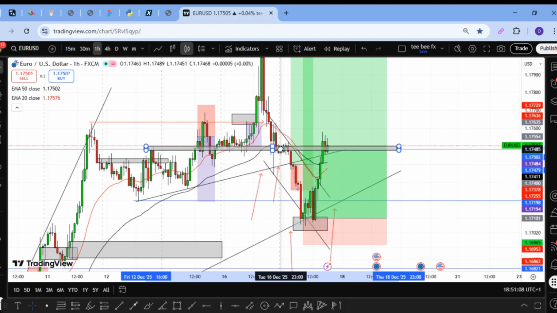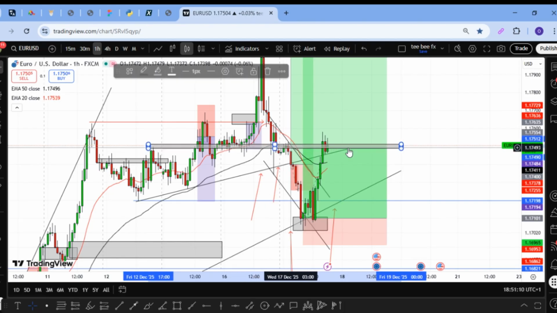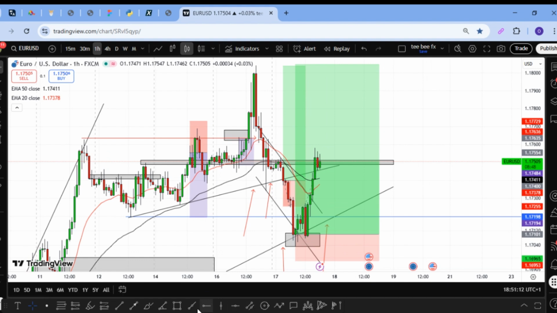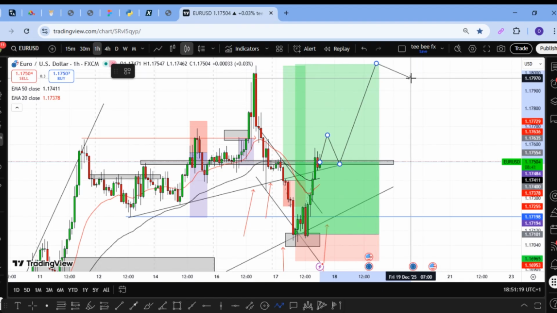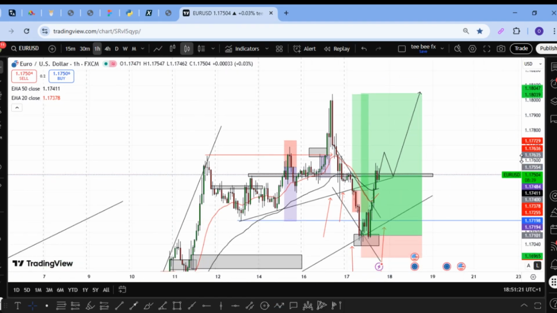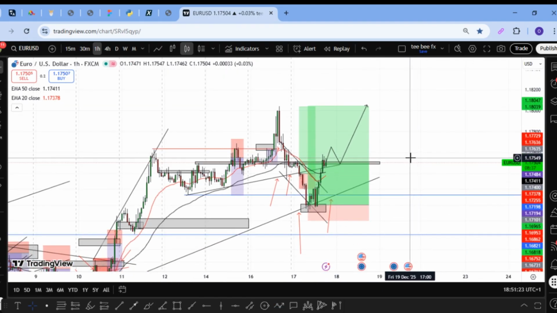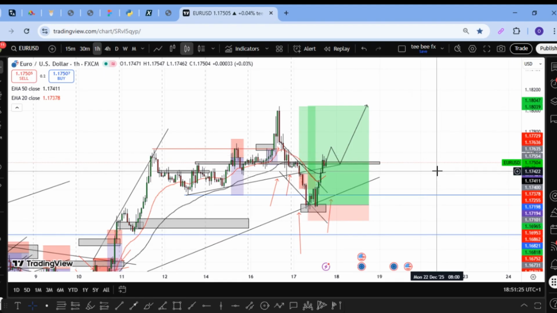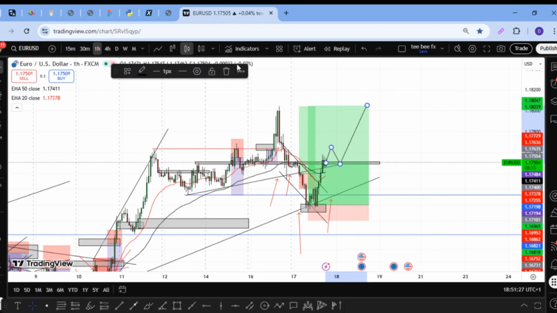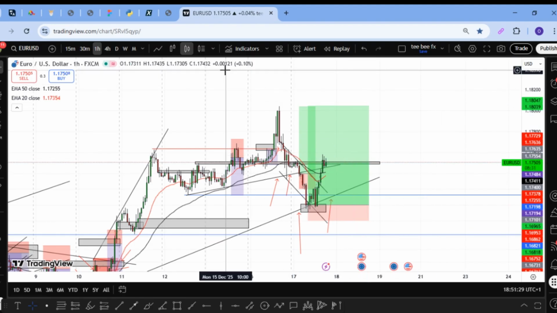But if price can give us another close above, I'm still going to hold the trade, because it's going to look like a break and retest, something that looks like this: a close above, then price comes back, then it's going to be a retest, then we continue to the upside and make a new high for the week. So yeah, that's basically how I traded this week,